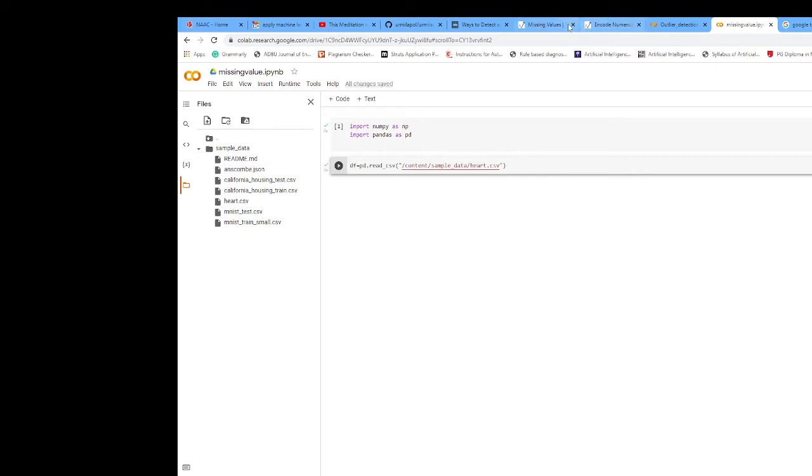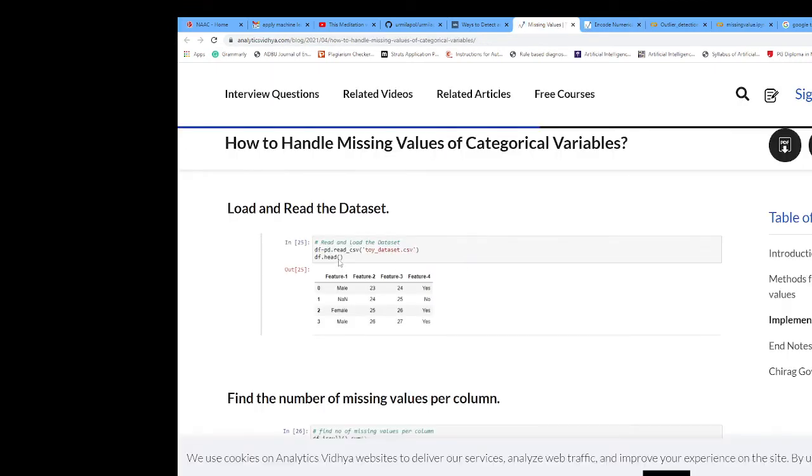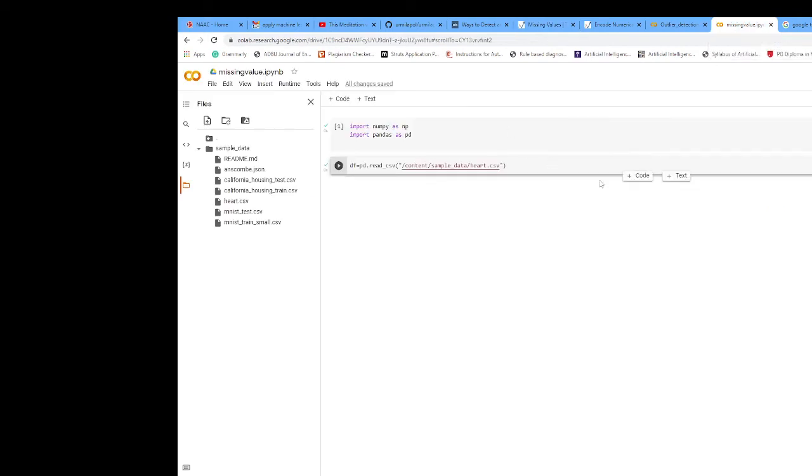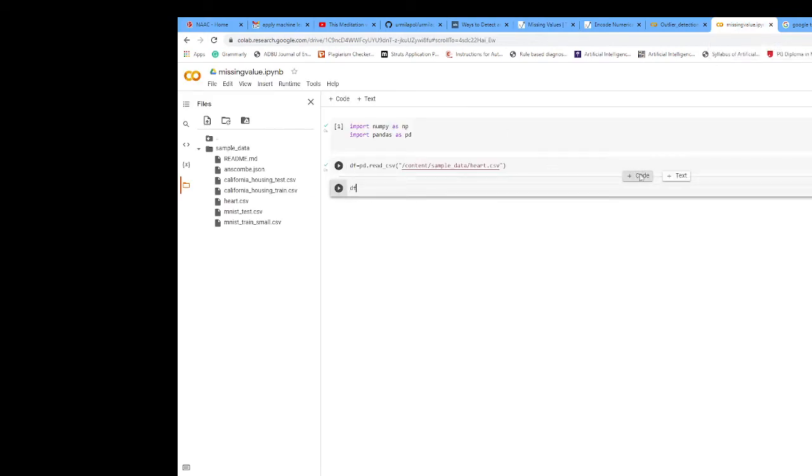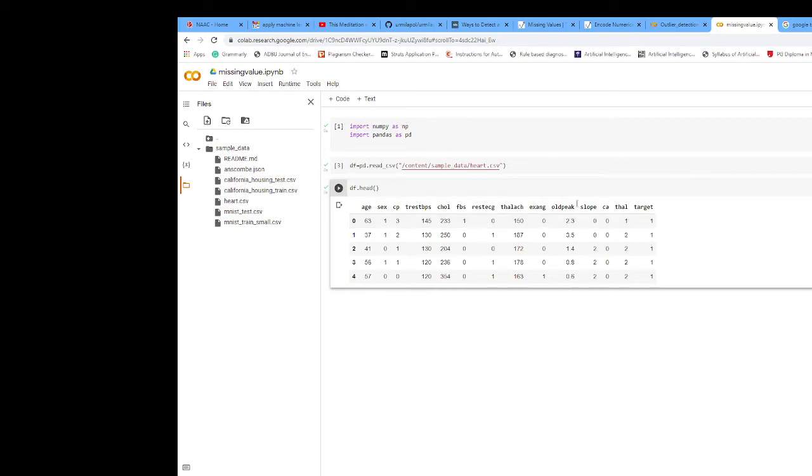Then add df dot head and execute this. It will display the first 5 records of the dataset. This is the example of how to load the dataset, how to read the dataset, and how to display the dataset.